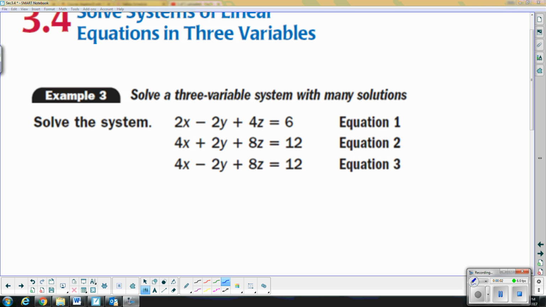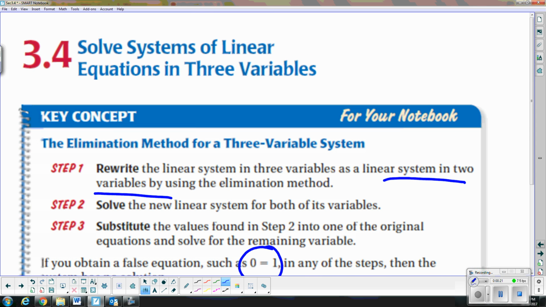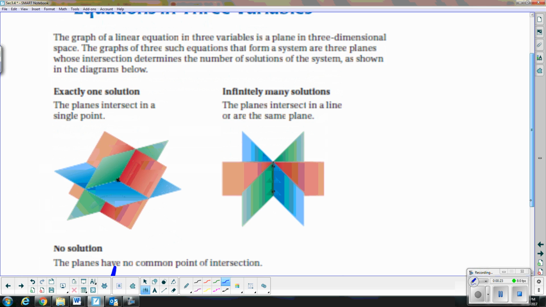All right, the last video we left off after example number 2. So this is part 2 of lesson 3.4. And we're starting at example number 3 on your note sheet, and it says solve with 3-variable system with infinitely many solutions. So for this one, it's a little bit different than with no solution, because if you go back and look at your diagram of no solutions,